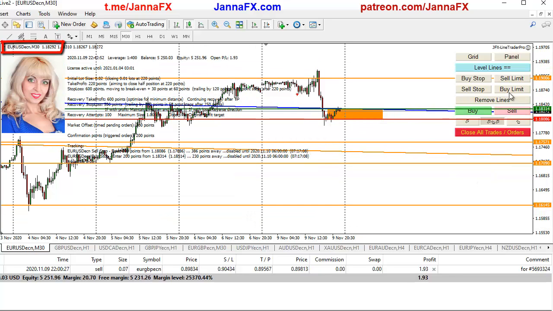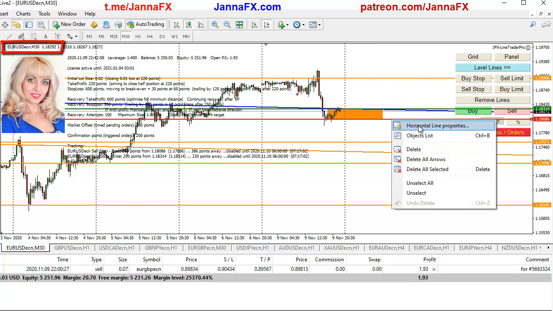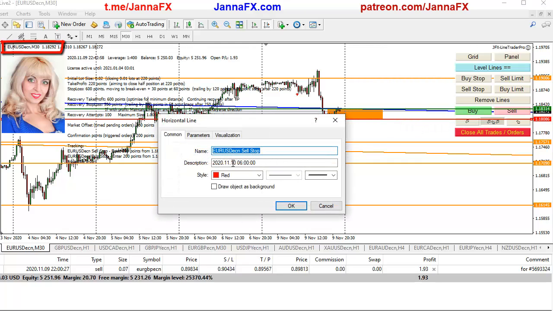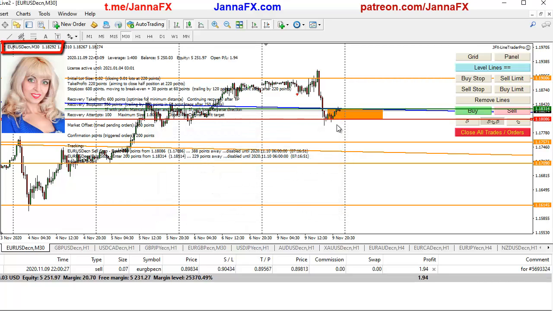So I placed the order. How I did it is very easy: you just press horizontal lines, and then I just put the time. The date is tomorrow, the 10th, and then I put the time 6 o'clock in the morning. So that's when it should start to look for. If there will be a channel, it will be triggered. If it runs away somewhere, it should not trigger. So we're also going to check it out and see. So yeah, that's my area.